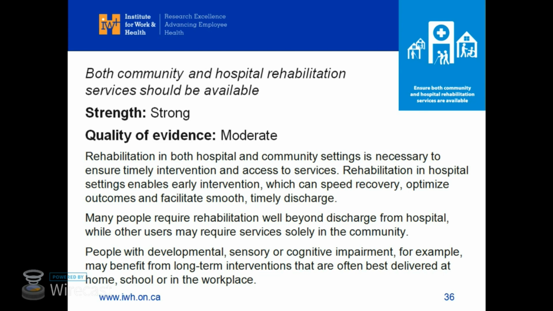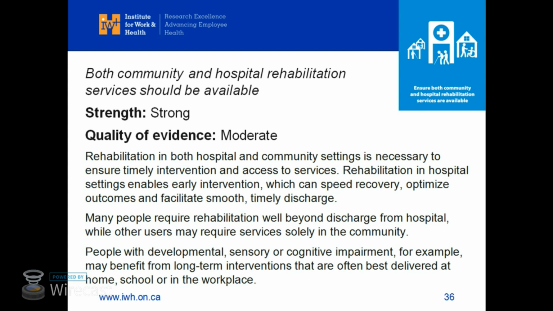Also, people should not be staying in the hospital forever because hospitals are very expensive. So there should also be a smooth and timely discharge. It's easy to keep these patients inside the hospital, the staff is comfortable, but there should be a transition to the community. And because many people require rehabilitation even after discharge from the hospital, community-based rehabilitation is even more essential. So then you have how to continue the rehabilitation, especially for those who need it for a longer